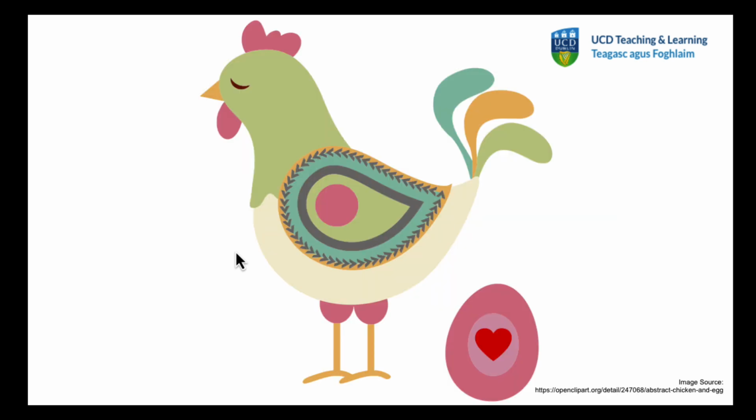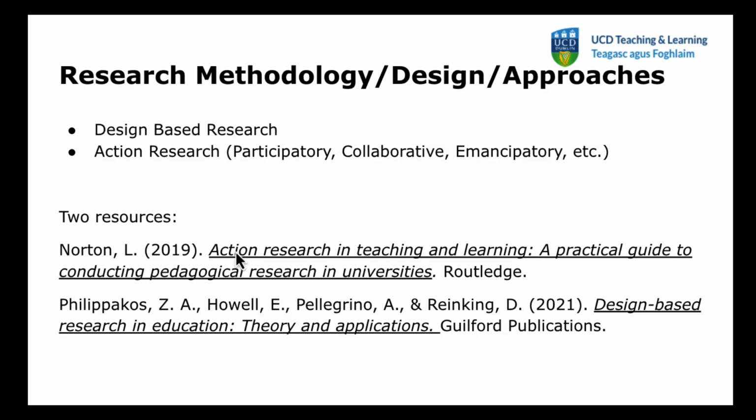Now, we can sometimes feel like it's a chicken or egg endeavor. Does the research come first? Does the writing come first? Where do we start with researching teaching and learning? Two research methodology approaches that help with this chicken and egg are design-based research and action research. They're both design approaches to research that honor the messiness of educational context and the iterativeness of teaching and learning.